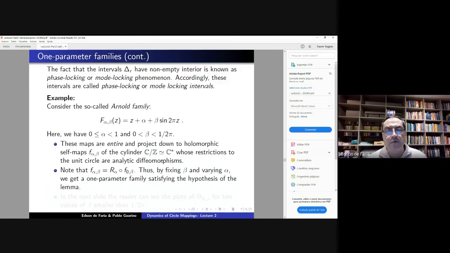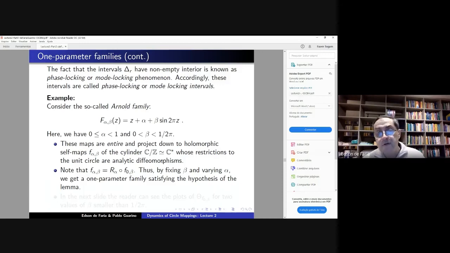This is very easy to see, because if this happened, then for this family of entire maps that you see here at the top, you would also have the same property: a power of capital F would have to be a translation. But then in particular, these Fs would be invertible, but they are entire, they're defined in the whole complex plane, they're analytic, and if they are invertible, then they must be affine.